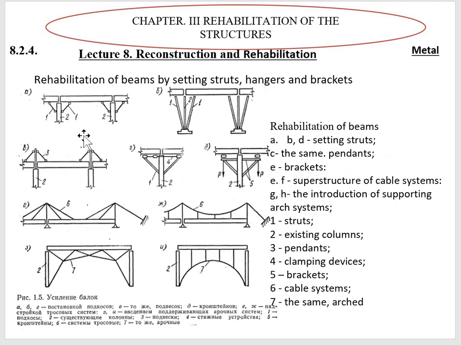Also, we can add various struts, hangers, and brackets. In this way, by adding such elements, we can decrease the bending moment because we decrease the length of the span. The idea is the same here, but instead of struts we use pendants, and in this way we also decrease the length of the beam,